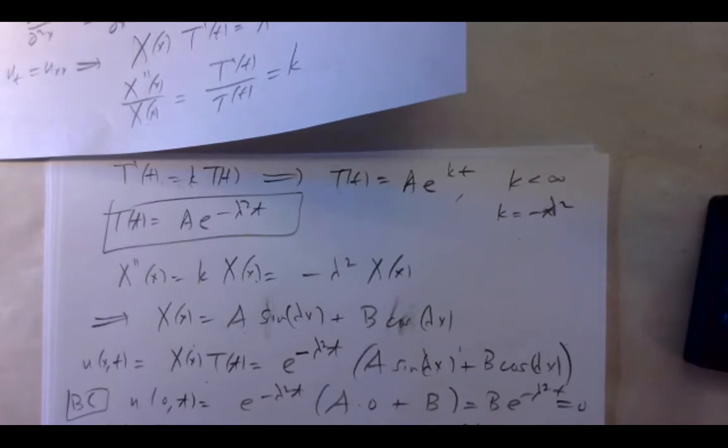Here I want to get sine lambda x. Thank you. So u of x comma 0 is A sine of lambda x. And my initial condition, u of x, 0, is equal to